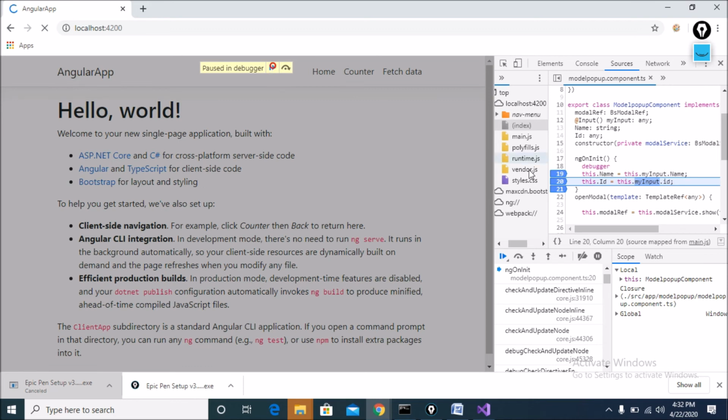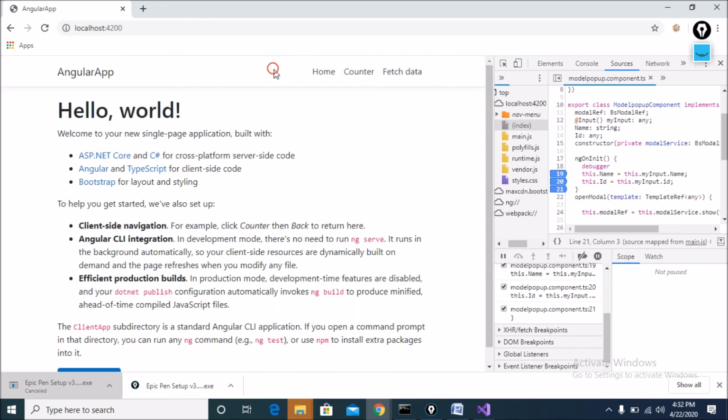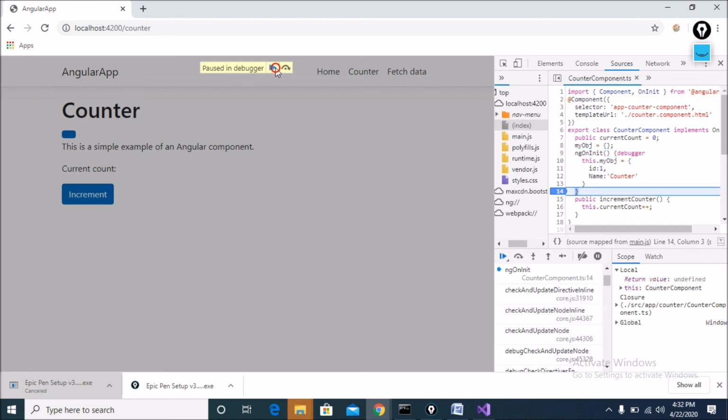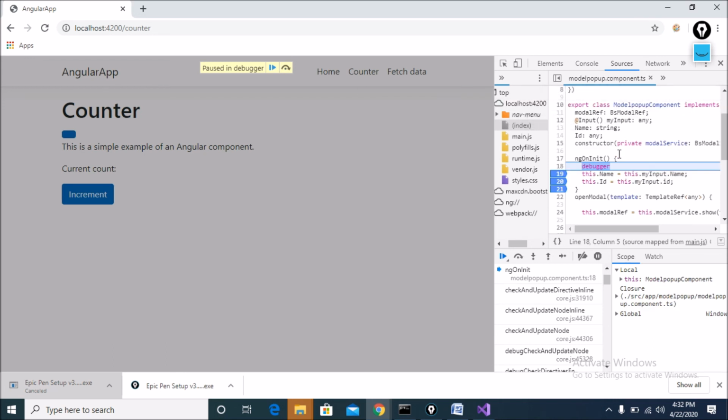After getting the value, it sets the button value dynamically. And similar to that, when I click on counter, it calls the counter component and sets the value of counter dynamically, and after that calls the model component, gets the value from here and sets it dynamically.